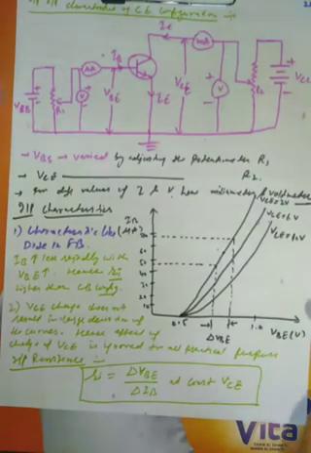So next is input output characteristics of common emitter configurations. In common emitter configurations,